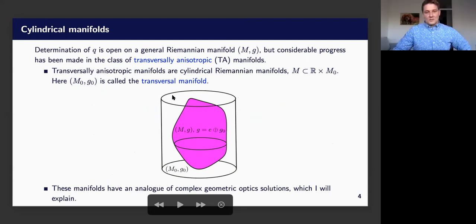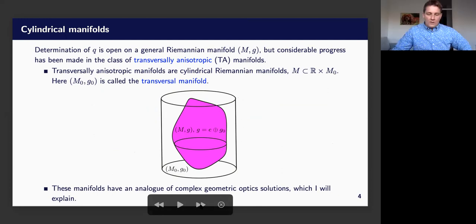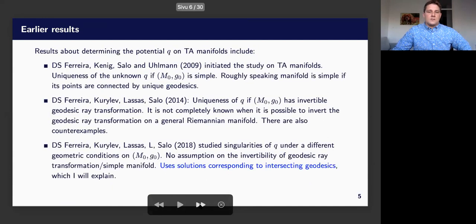The extension is still in L infinity. And then when we go on, now I need to go to the place of the geometric optics solutions that perhaps tells what happens in the x1 direction, which I think was in your question. So let's go